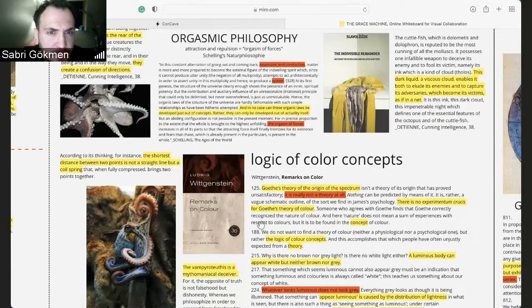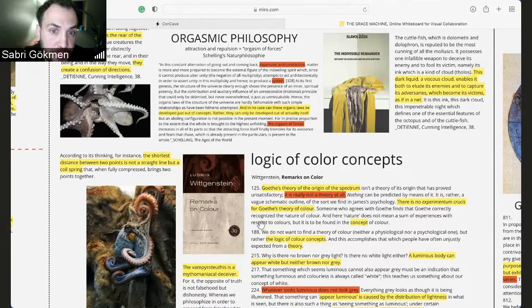He says, in this constant alternation of going out and coming back, expansion and contraction, matter is more and more prepared to become external figure in the indwelling spirit, which, since it cannot produce utter unity, the negation of all multiplicity, attempts to act architectonically in order to assert unity in this multiplicity and hence to produce a system. At its first genesis, the structure of the universe clearly enough shows the presence of an inner spiritual potency, but the contribution and auxiliary influence of an unreasonable or irrational principle that could only be delimited but never overwhelmed is just as unmistakable. Hence, the organic laws of the structure of the universe are hardly fathomable with such simple relationships